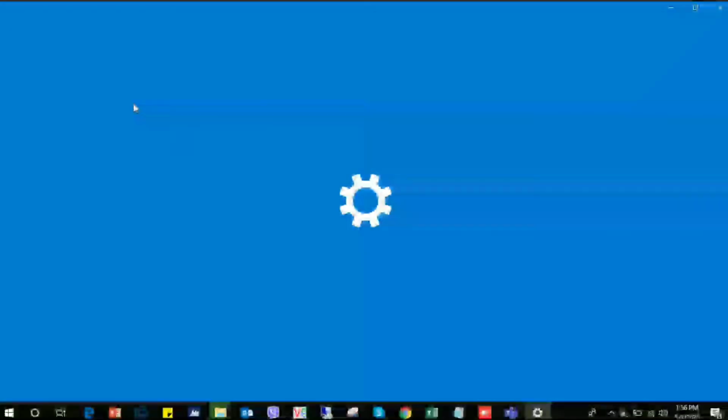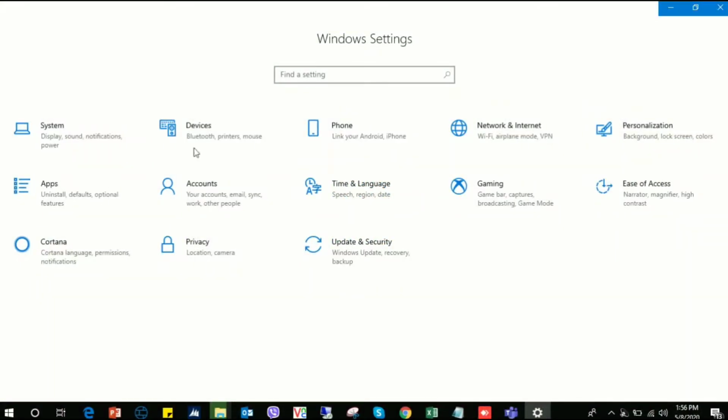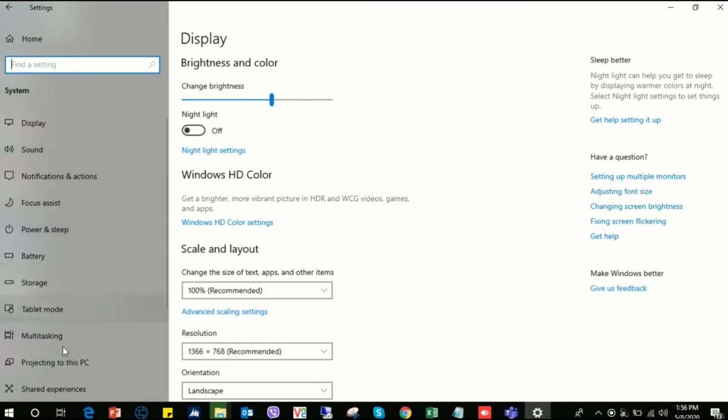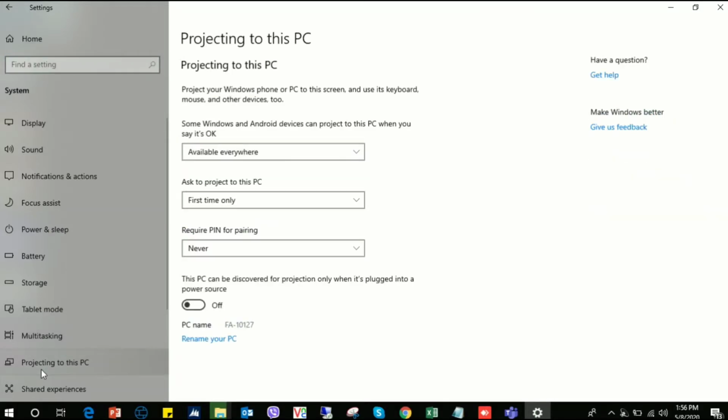and then you will go on. You can see here System, and click here on System, and then you can see here Projecting to this PC. We will click here. After that we will select here